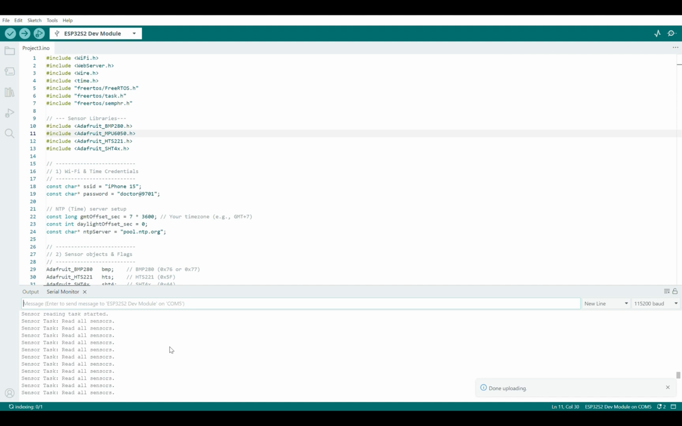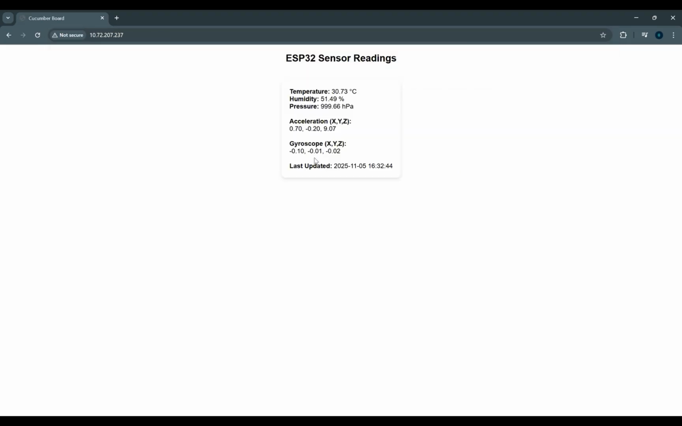Now if we go to the serial monitor, we can see that Wi-Fi is connected, and this is our IP address that we will use in the browser to get sensor values. It shows in the serial monitor that it has read all the sensor values, and then after 10 seconds it again reads all the sensor values. Paste that IP address in our web browser,